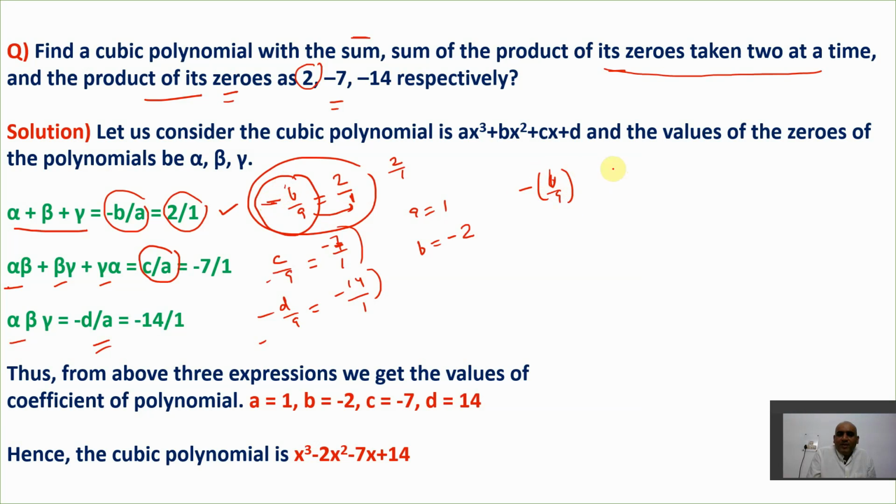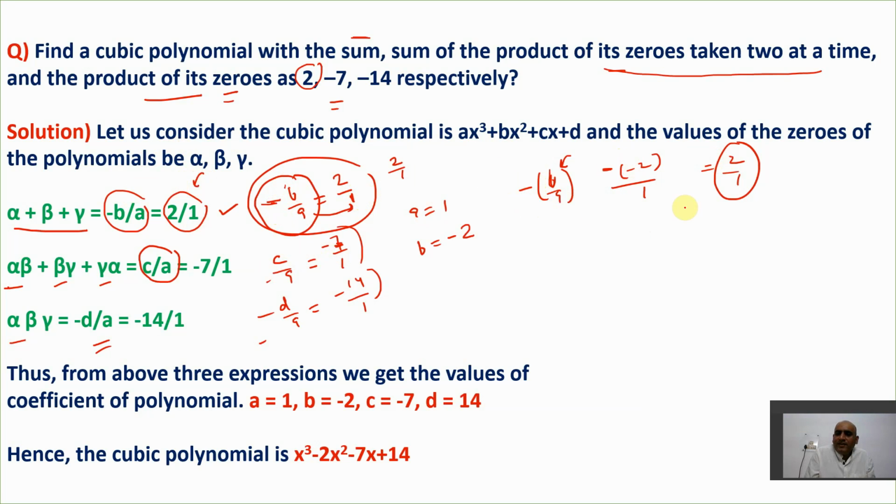That means how does it become a 2 here? It must be like this. It becomes like this, right? That's the point. So the b value must have been minus 2. Otherwise, minus and minus will become plus 2. Otherwise, it will never become 2 by 1 here. That means the value of b must have a minus 2 value, because this minus is actually separate. This is not attached with b like this, right? So I hope you get this point.